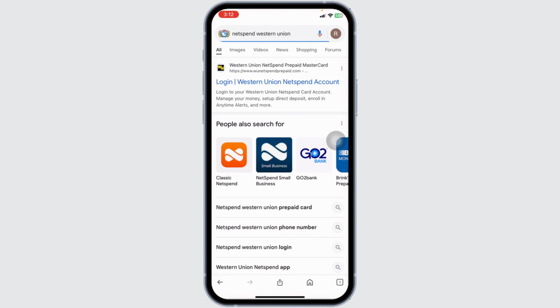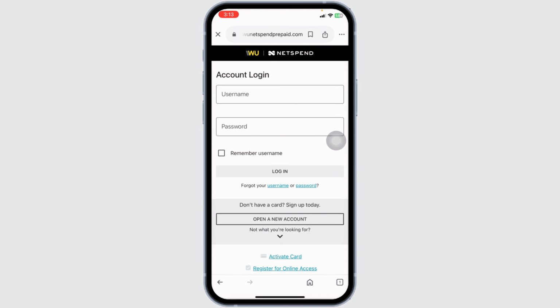With that, different website links will appear. Navigate to the very first website option. Log in Western Union Netspend account. Open it. This account is created through a collaboration between Netspend, a prepaid gift card company, and Western Union, a